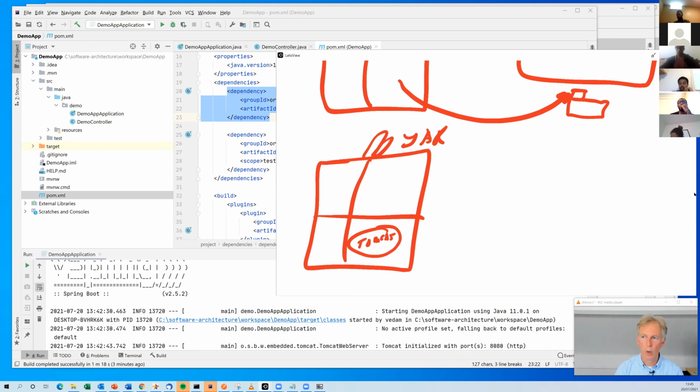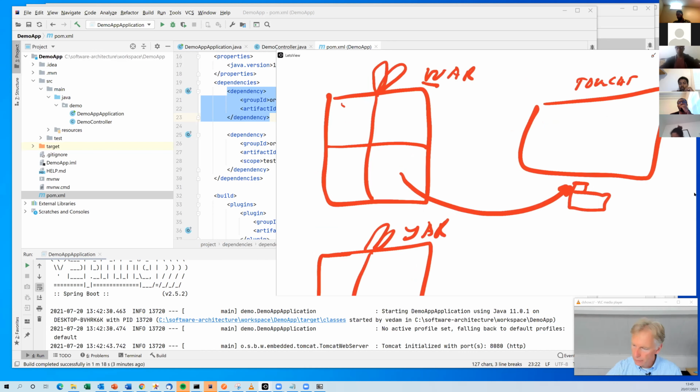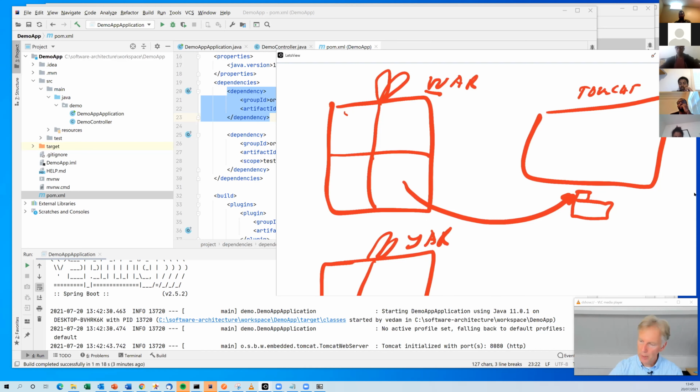Why does it do that? Well, if you have a WAR file and you want to run it on your own developer machine, you have to deploy it in your local web container. Then you want to run it in a test environment, so you deploy that same WAR file in a test environment. And then maybe you go to production, or you want to run it in the cloud. So you have to deploy it all the time and make sure you have a web container, and then on your developer machine it works, but in a test environment it doesn't work because there's a different Tomcat version or a different